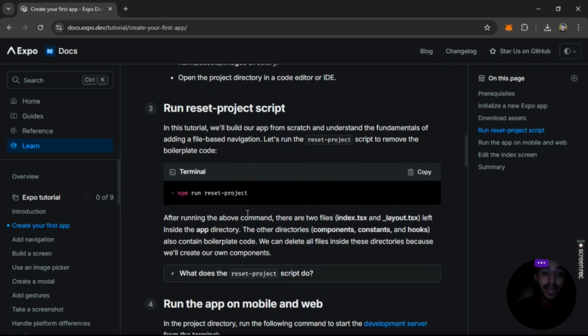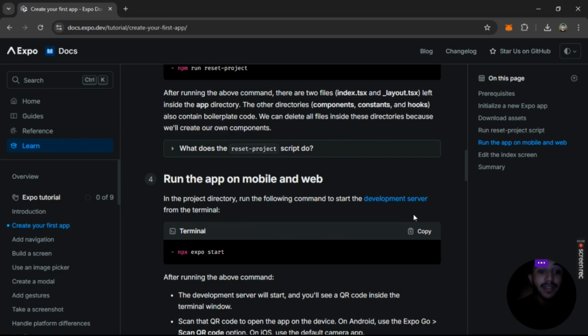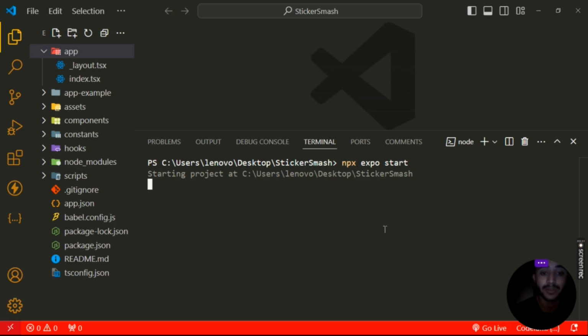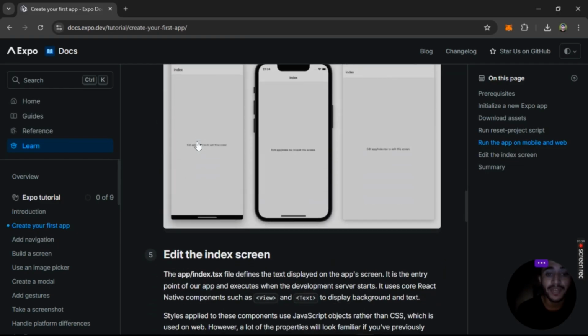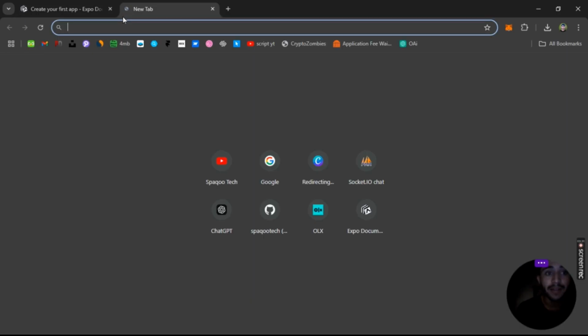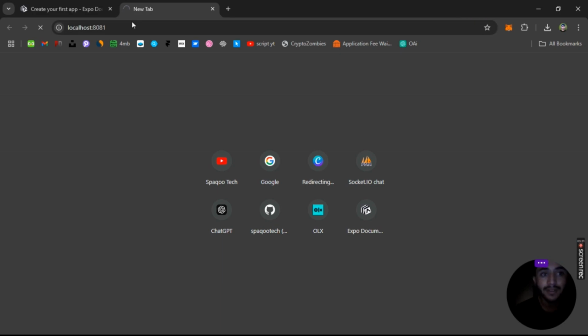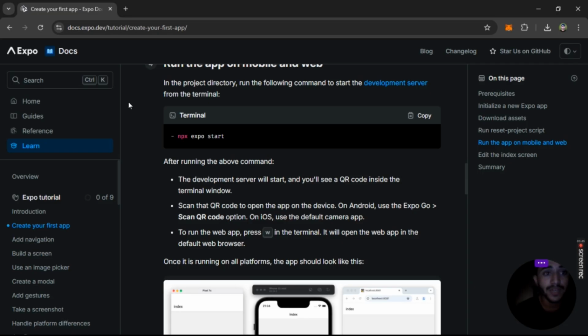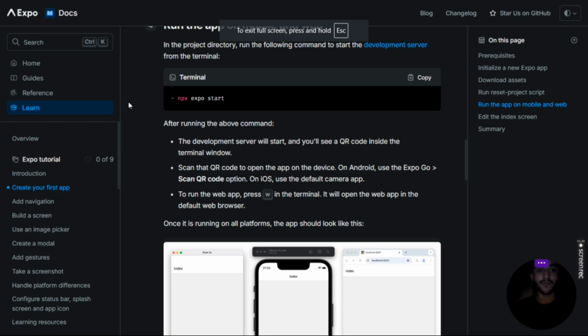So let's move toward our next section, which is running the app on mobile and web. So for that, we have to copy this and just go to our terminal and paste it here. It will start our project, and we can access our project inside our browser. So for that, what we can do, we can go to localhost 8081 where our application will be live. So we have to detach these two screens so we can see the stuff side by side while building all this stuff